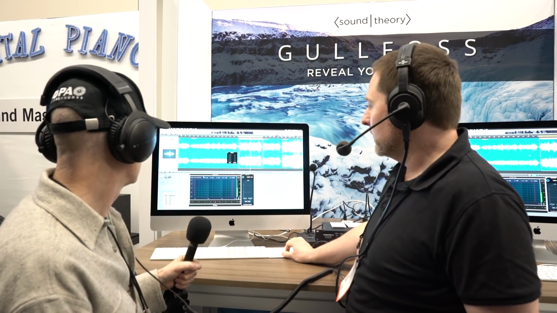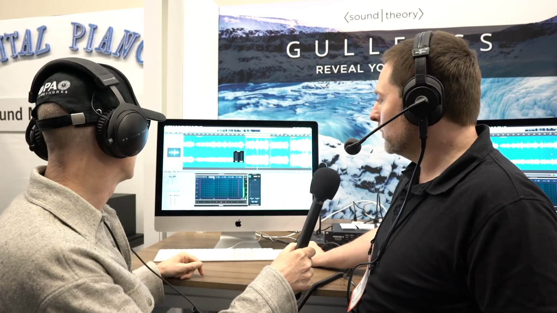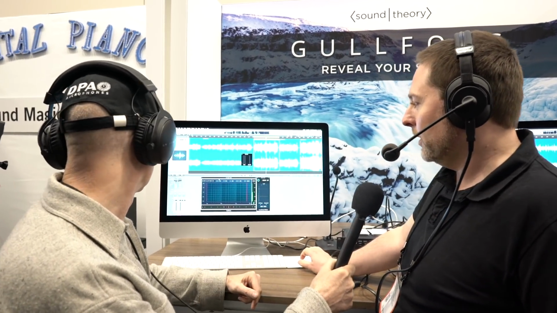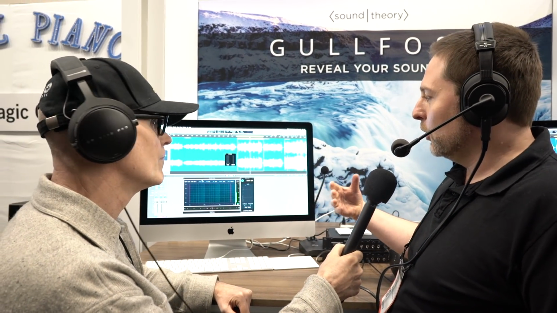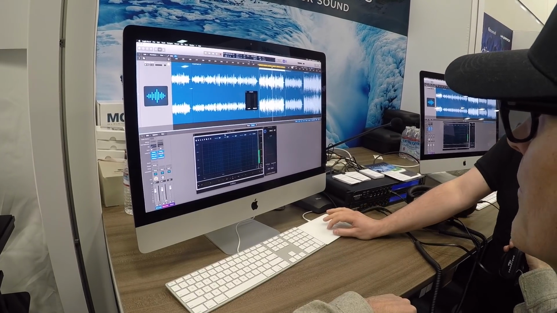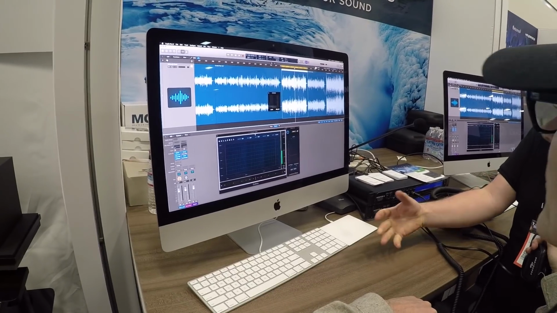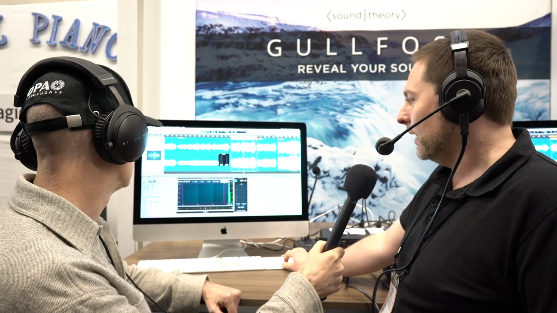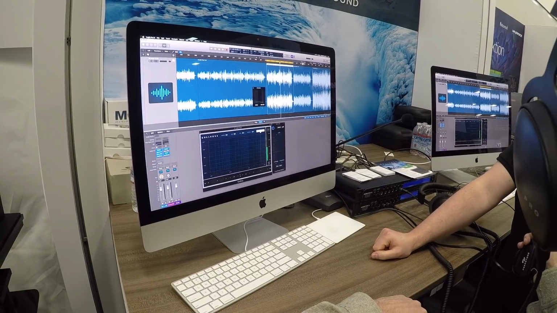So this plugin has a very basic user interface, and it allows you to state your intent. So you can say you want to recover things that have been not present enough in your mix, or you want to tame things that are overpronounced, and that's really all there is to do for you. Everything else goes automatic. You can state your preference in terms of brightness and perceived loudness, and when you run